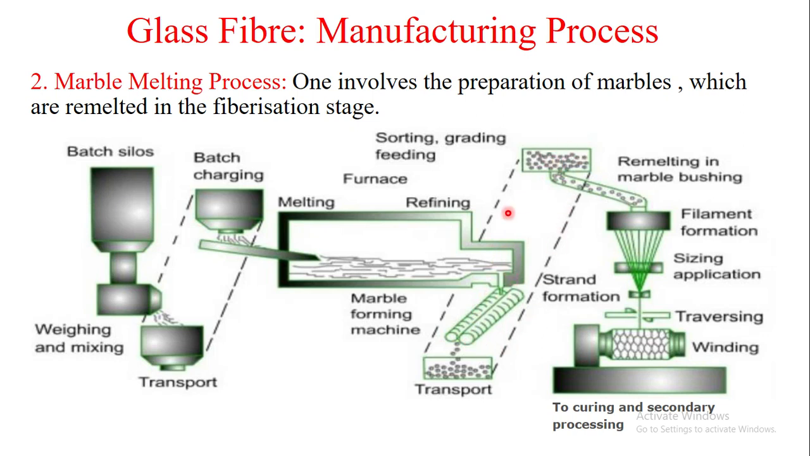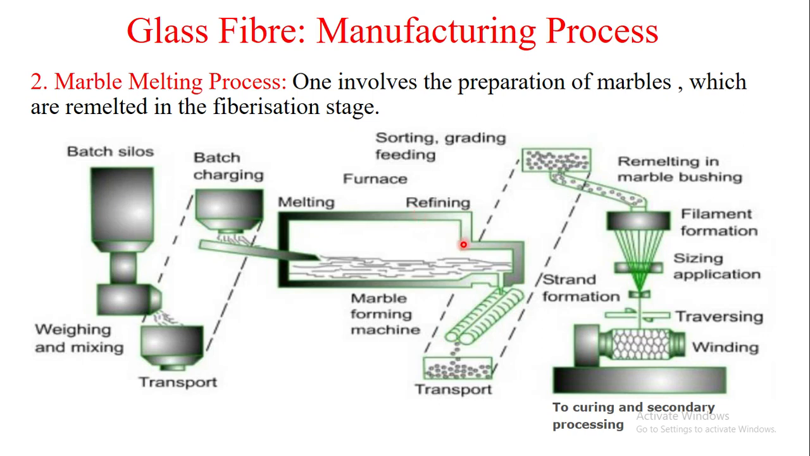One involves the preparation of marbles. The marble should be prepared up to here, which means the second step of the direct melting process, which is remelting, meaning melting again. This should be done in the fiberization stage, which means collecting silicon, weighing and mixing, then transporting to the batching. The melting process starts here and